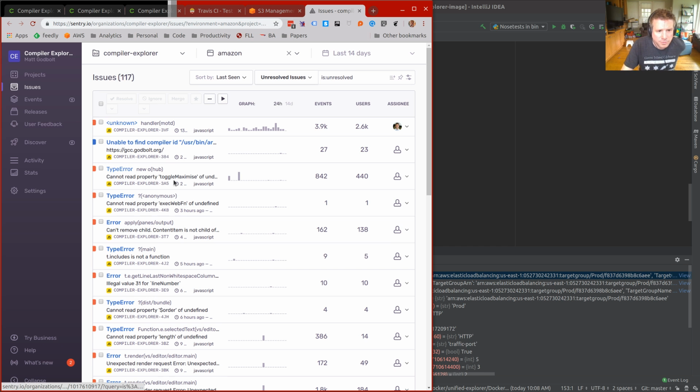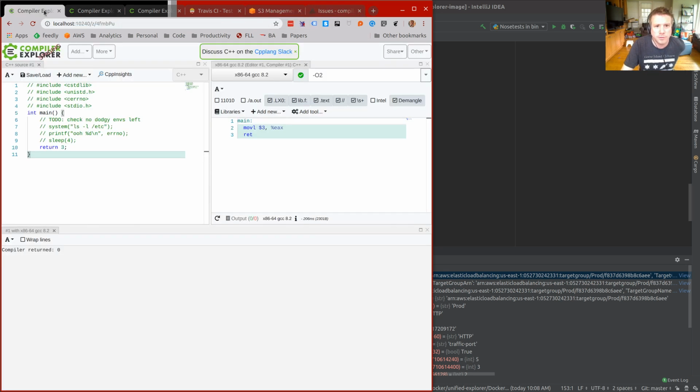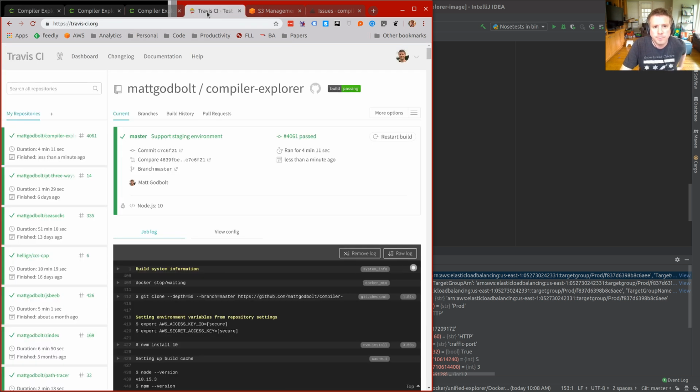Toggle maximize. Some of these are faults in some of the other libraries that we use that we need to update. This one has been and gone, I'm sure I fixed that, but this is the main one. This is where people aren't able to get the message of the day, and I'm just logging as to why. I wasn't sure why people couldn't read the message of the day. It doesn't actually affect your ability to look at the site, but there we are.